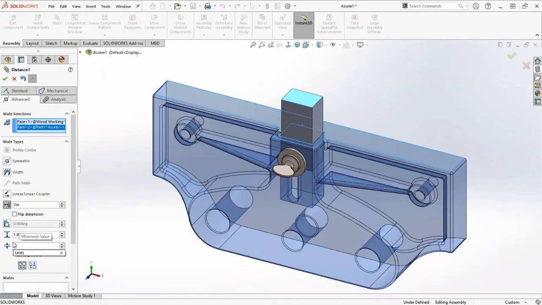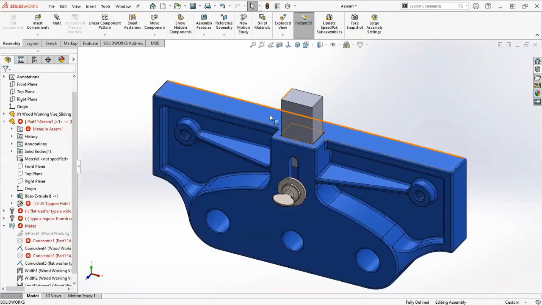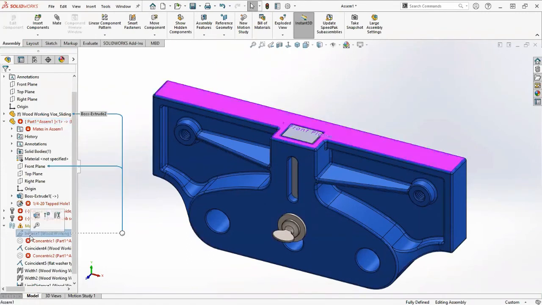We're going to say a minimum of 0 inches and a maximum of 1 inch actually is fine. And I will click OK. So now that's going to allow this face to move a minimum of 0 inches and then a maximum of 1 inch away,